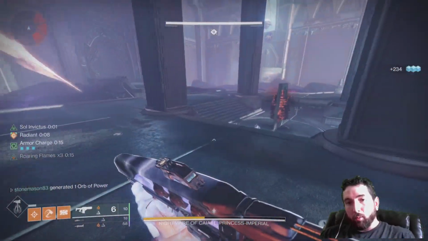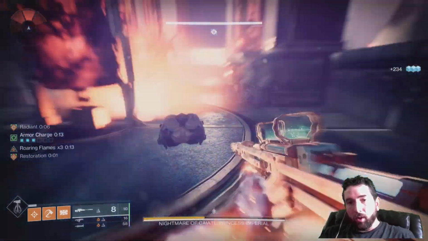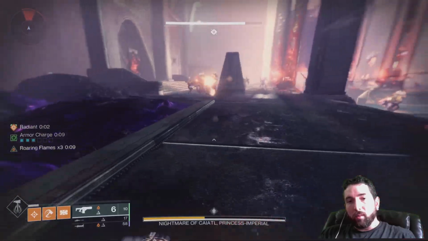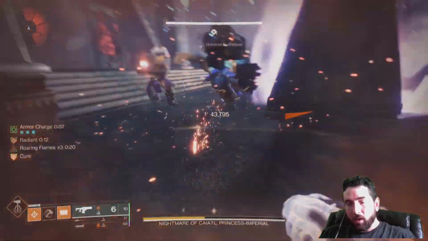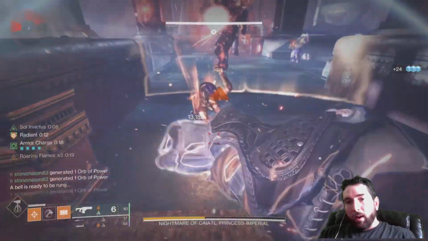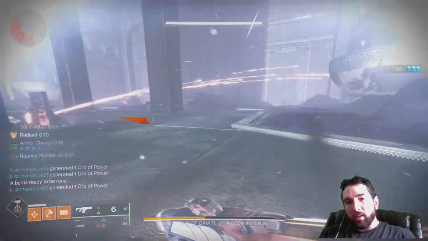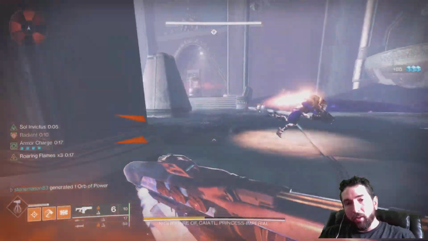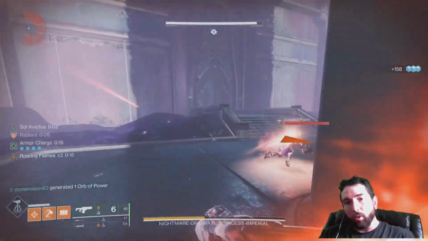shooting you in the Nightmare Realm, as Caiatl is running away to the bell to escape. That's also a good time where you can pop your super and stand in the sunspot. Because keep in mind, there's no adds to go around and proc Restoration and Ember of Empyrean. You're just standing there relying on your healing grenade, your barricade, or you can just pop your